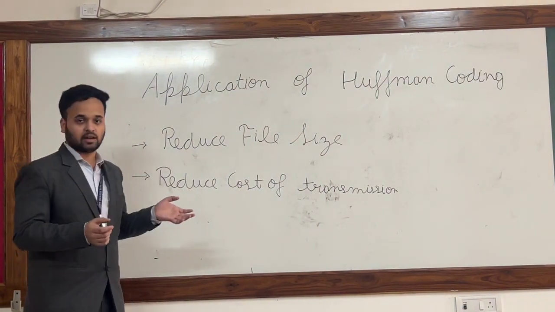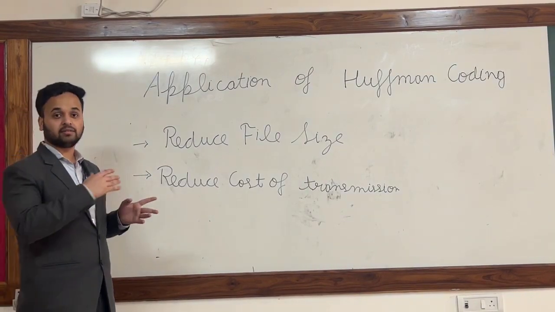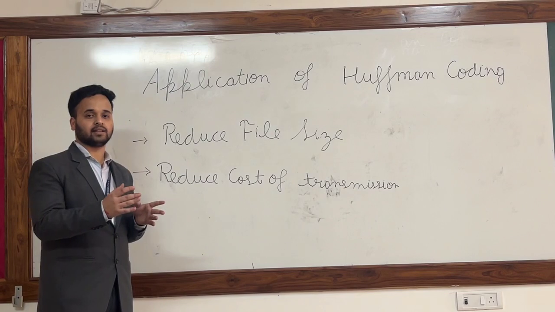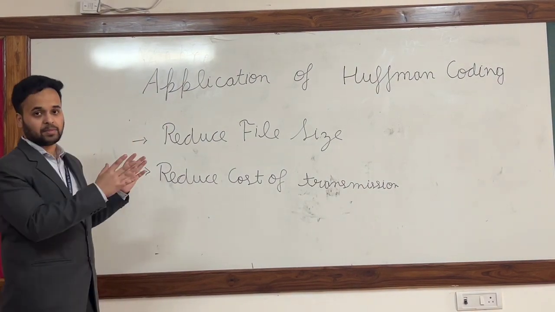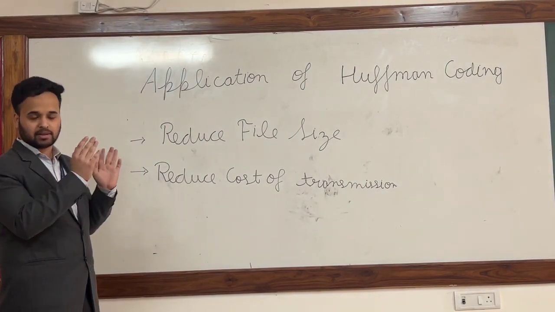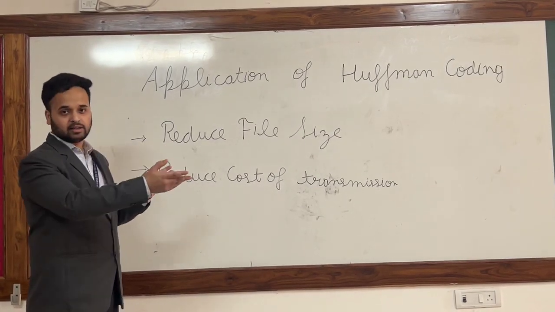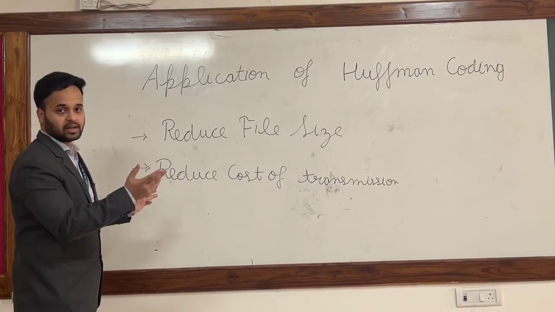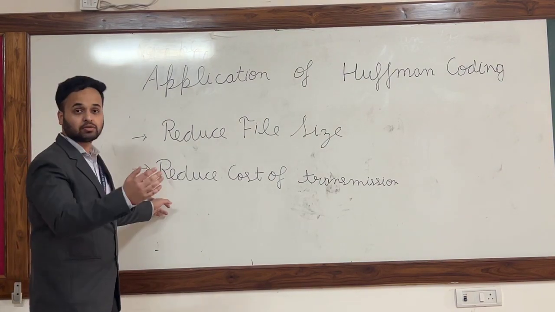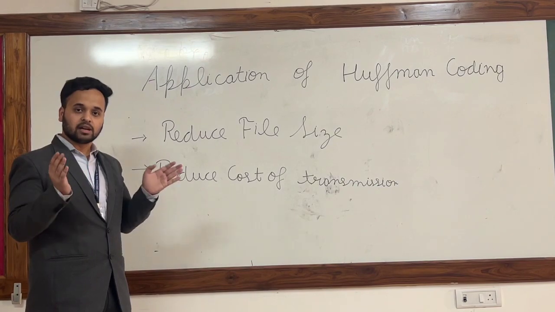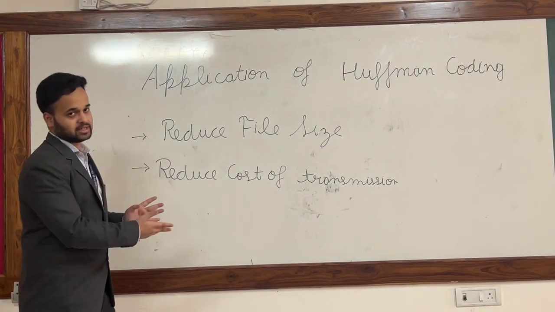The next application, which we have covered in much detail, is to reduce the cost of transmission. What I mean by that is, in our example, we had a message of 20 characters and we encoded it and sent it to the other person. That reduced the cost of transmission because the message was encoded and reduced in size. That is the major application of